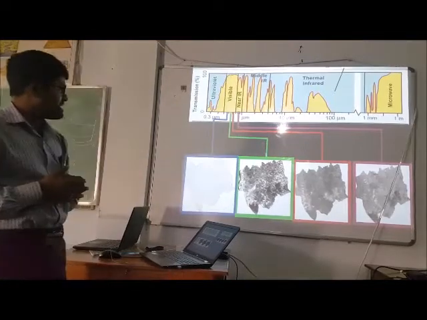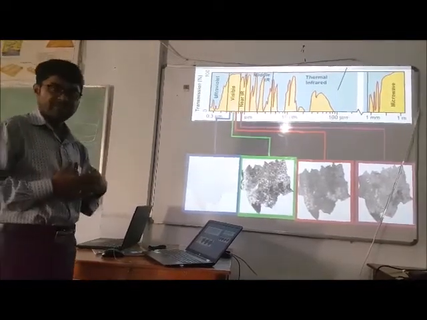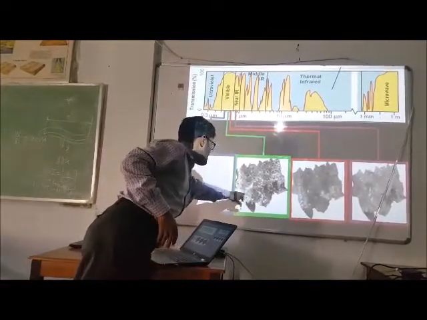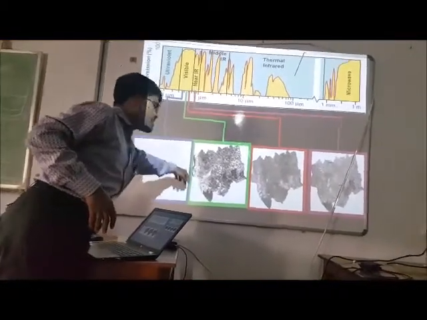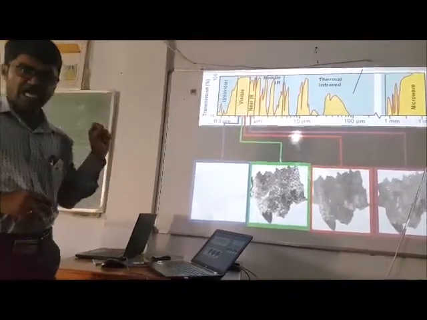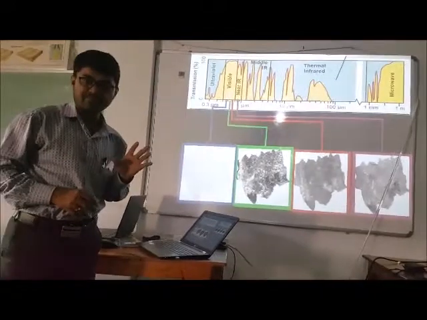From the green band we can detect bare part. Here this is Salt Lake area, this is airport area, this is Barrackpore 1 and 2 area. It reflects very high due to high urbanization.